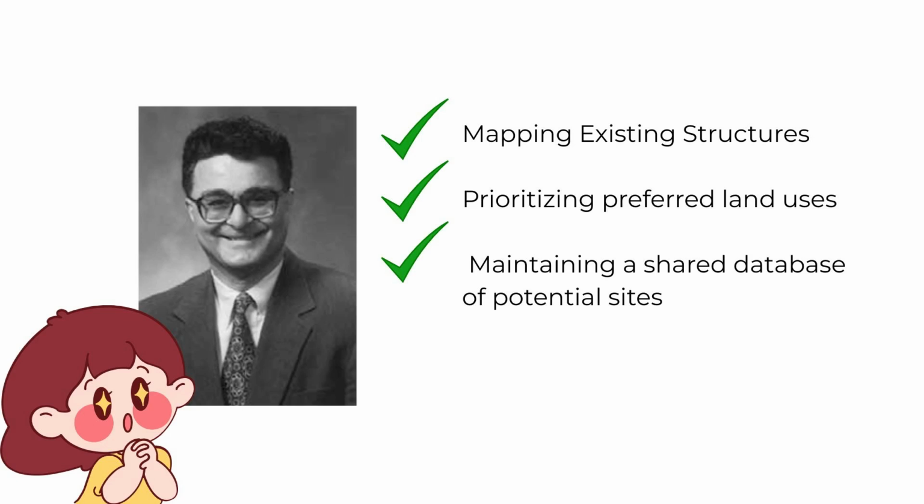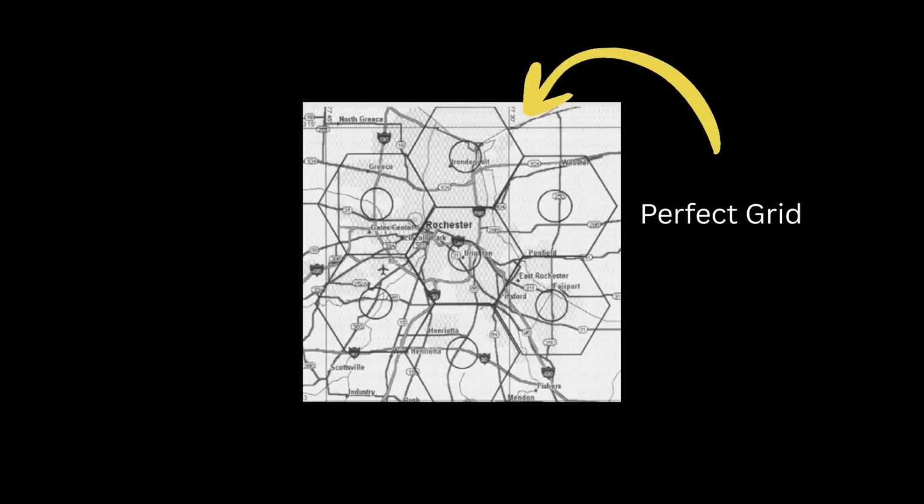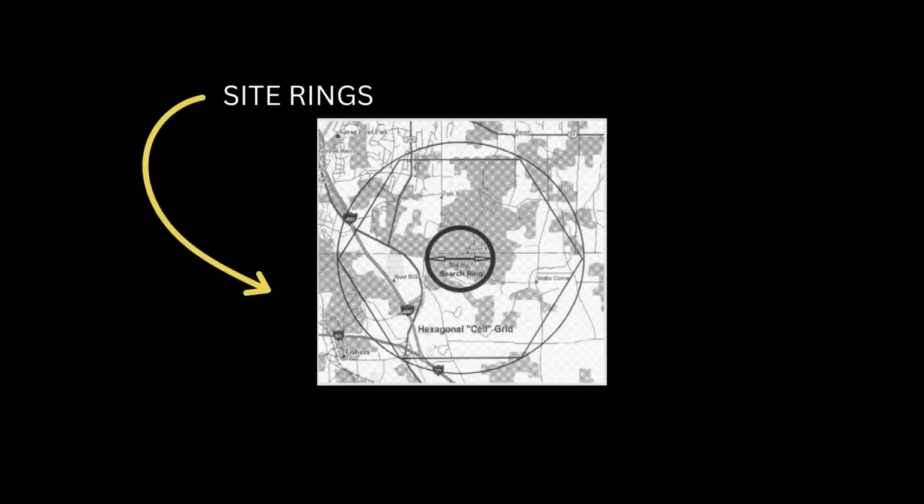He urges regions to host public workshops, require providers to submit annual network plans, and develop clear siting and design criteria. Ben Campanelli explains that wireless networks are organized into geographic cells, each served by a base station and arranged in a hexagonal grid to ensure seamless coverage. Within each cell, providers define a site ring, a focused area where they must secure a suitable location for antenna and equipment. These rings guide acquisition teams in identifying viable structures or parcels, especially in high-demand zones like highways and